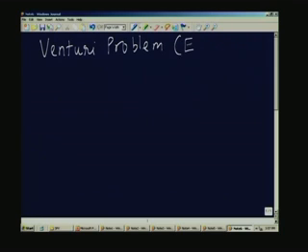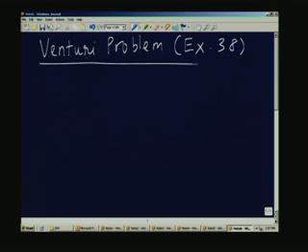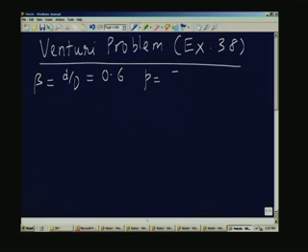This is example 38. We are given beta is 0.6. It is nothing but your small d by capital D is 0.6. The pressure is 5 bars